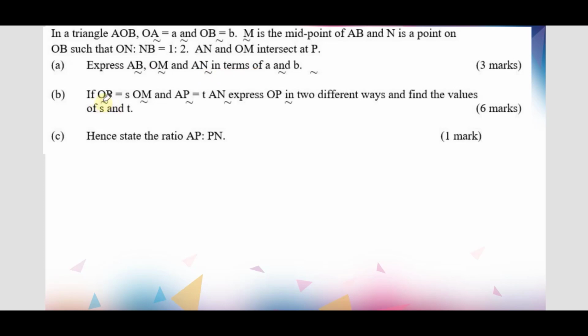And then we have part B. If OP is equal to scalar S times OM, and AP is equal to T times AN, express OP in 2 different ways and find the values of S and T, 6 marks. And then the last question: hence state the ratio AP to PN. So let's begin. The first thing